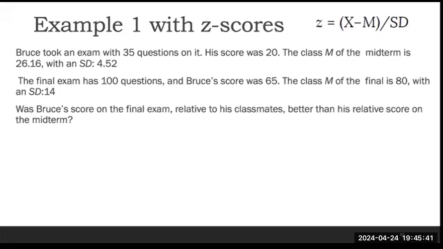So the key here is that it's relative to his classmates. If we're just talking about Bruce's score, it's easy enough. We would just look at 20 out of 35 and 65 out of 100, and which one's better. You need the Z-score formula because we want to know how he did in relation to his classmates. So the solution for this,